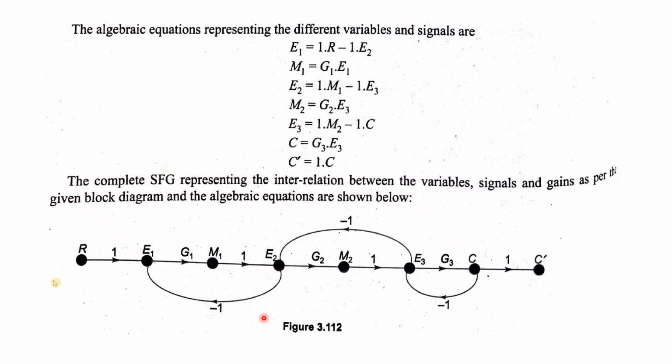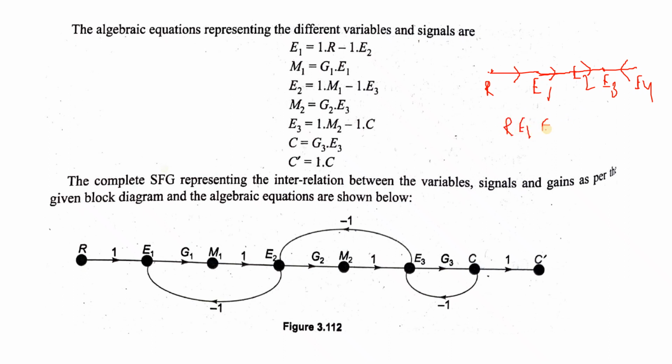Okay, so E1 M1 E2 is a single path, then E2 M2 E3 is a single path, and if you consider the entire forward path, this is called the forward path because in between there is no arrow coming back. Suppose this is a node R, this is E1, this is E2, this is E3, and suppose E4. This is represented by this arrow, and again we have an arrow like this. So at E3 the arrow is coming back.